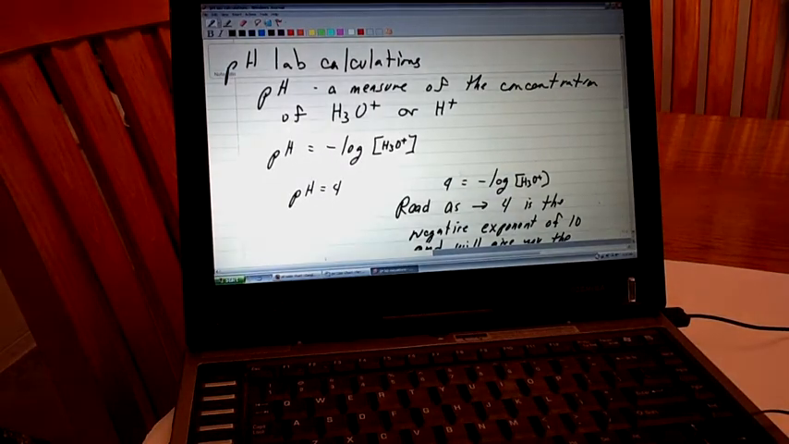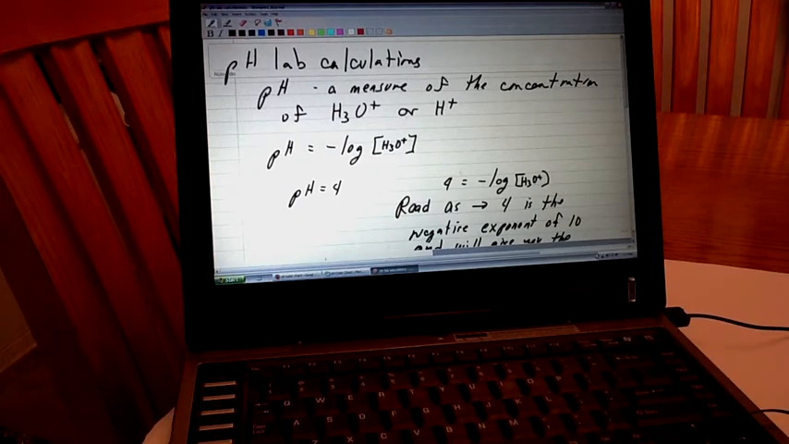So anyway, the pH is a measure of the concentration of hydronium, H3O plus ion, or H plus. Those are identical. There's a formula for figuring the pH. It says pH is equal to the negative log of the concentration of hydronium ions. For example, if the pH is 4, it means that 4 is the negative log of 10 that will give you the concentration of hydronium. In fact, that's how you read a